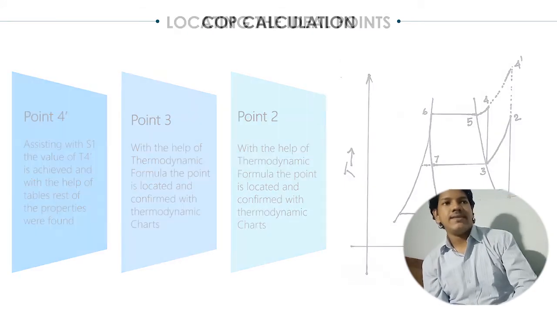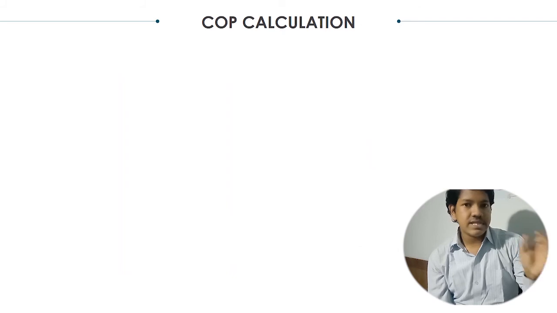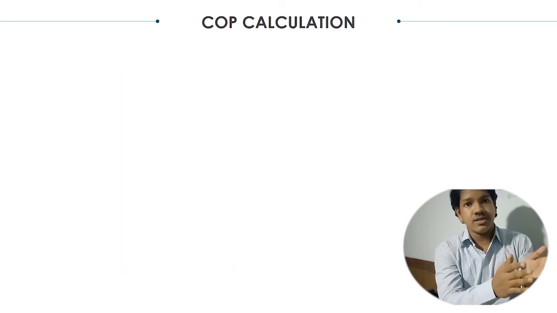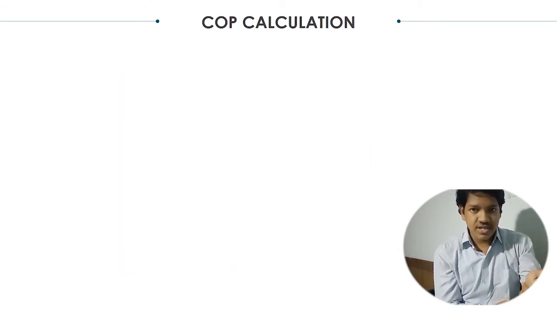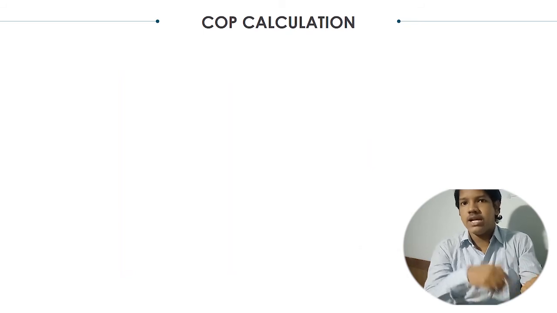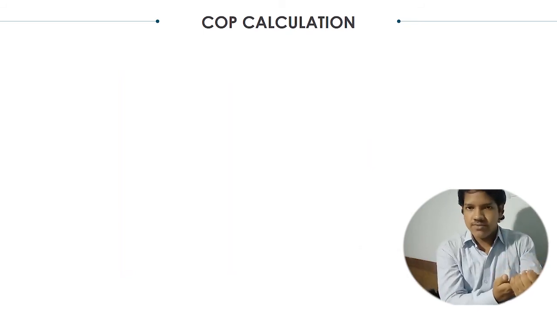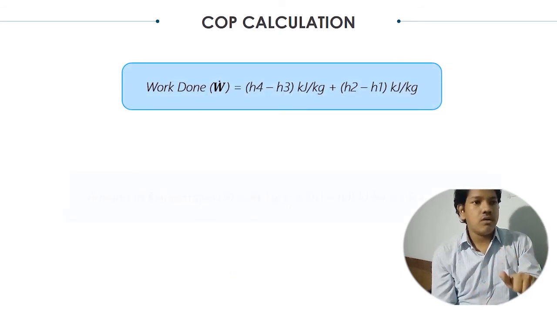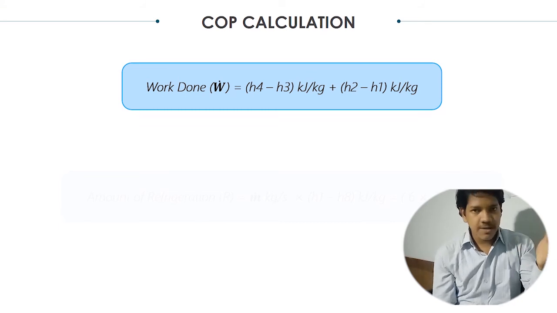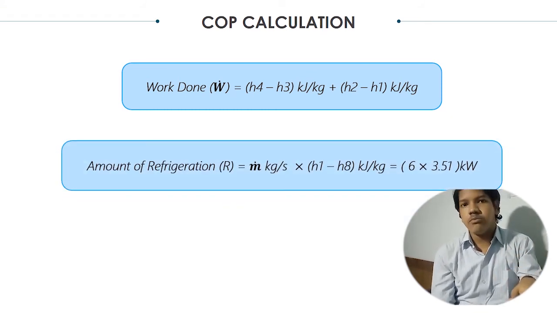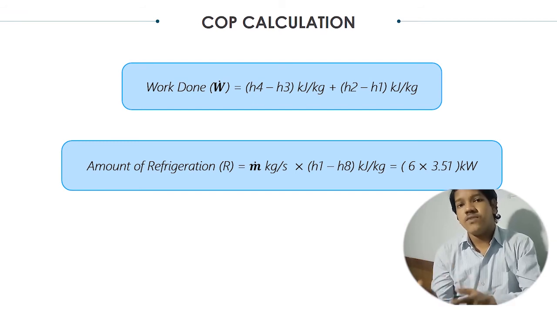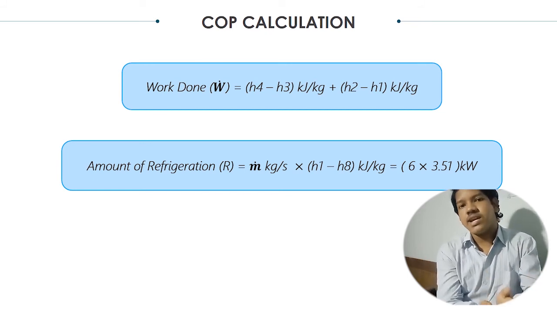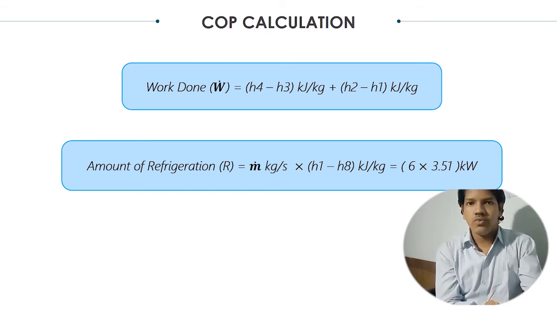Coming to the next slide, now we will calculate the COP of the total system. In order to get the COP of the system, we need the mass flow rate of the refrigerant. That would also be useful while designing the compressor. So we need the mass flow rate of the system, as well as the work done by the compressor. The work done by the compressor can easily be obtained from the formula displayed, as well as the mass flow rate. Now we need to convert the 6 ton into kilowatt, which is why we have multiplied it with that factor. After we get the mass flow rate and the work done, we can easily get the COP of the total system.